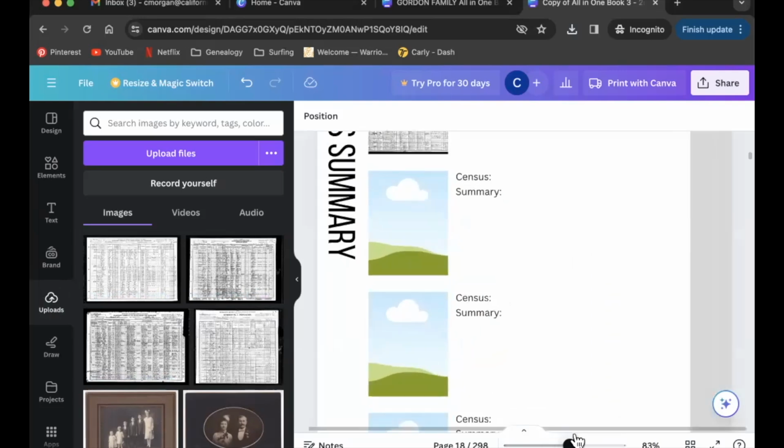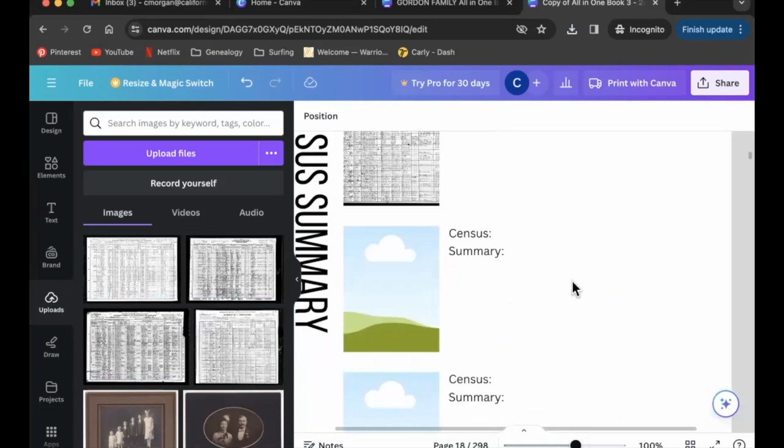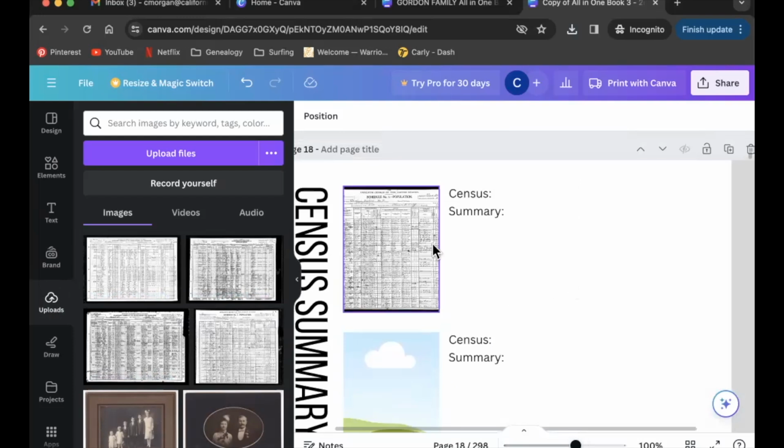Okay, now you'll probably notice that if I was to just drag the census over, it's not going to completely fit. Let me zoom in so you can see what this page would look like printed out. So you can tell that it's a census. Obviously, you can't see anything. I just think it's nice to have a picture of the census. It just kind of gives it a little bit of authority